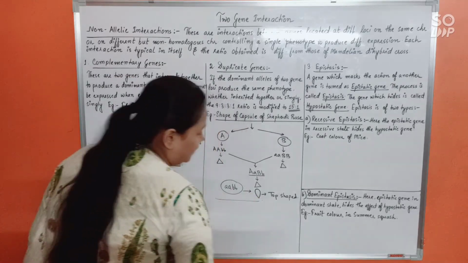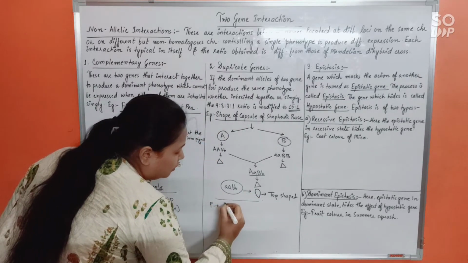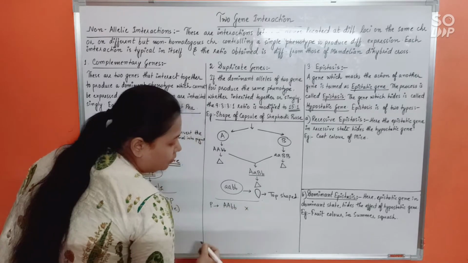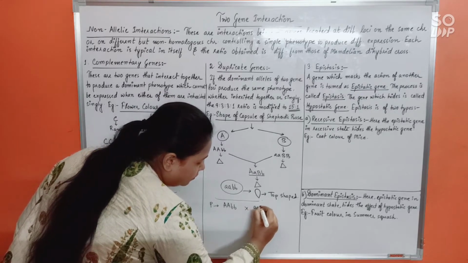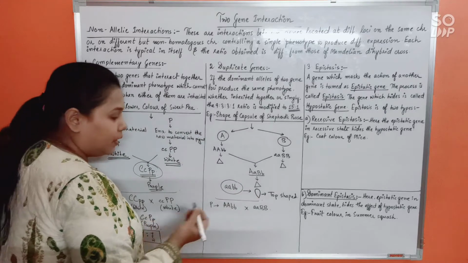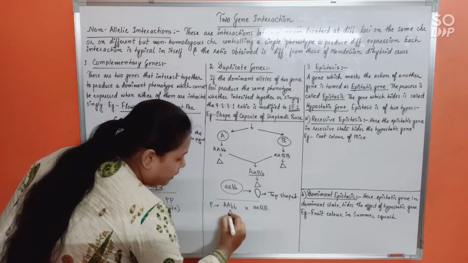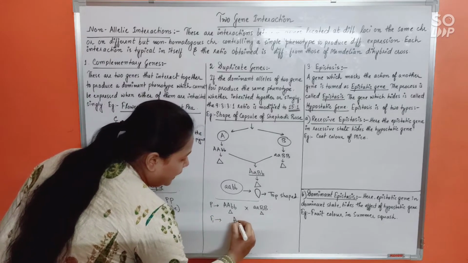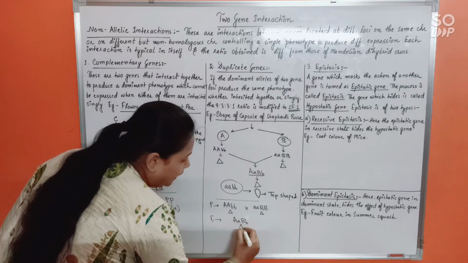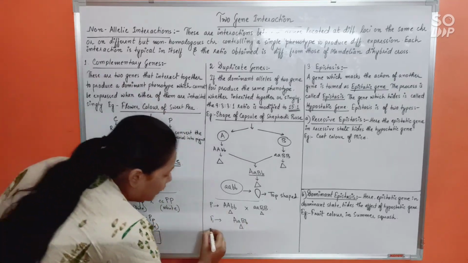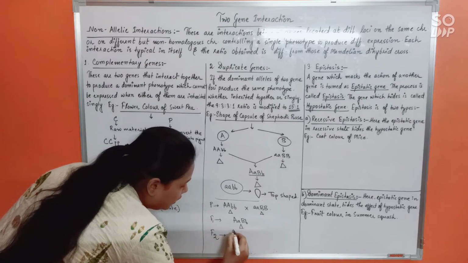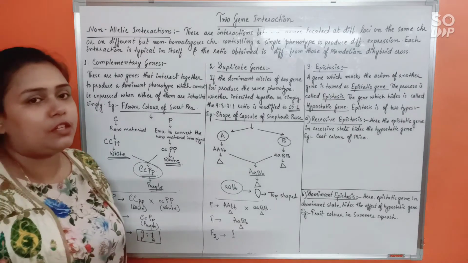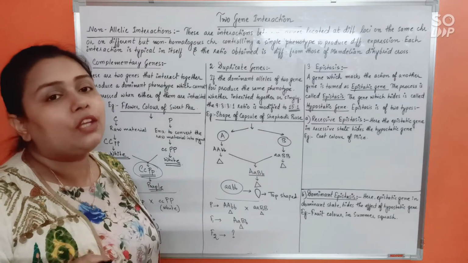Now it is for you to practice it. How would you do that? See here, parental generation, take it to be this. Of course you know that the phenotype will be triangular. F1 hybrids would be capital A small a, capital B small b. Again a triangular shape will be produced. Your task is to find out the F2 generation. You know the phenotypic ratio would be 15:1, fine. But why not check it by yourself as well?